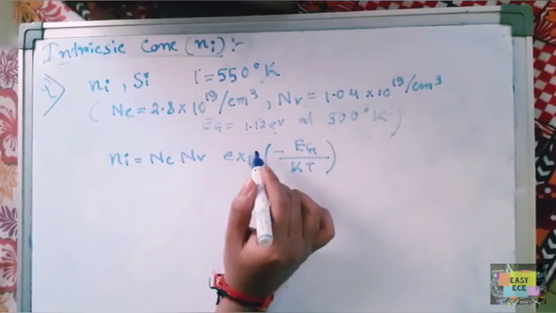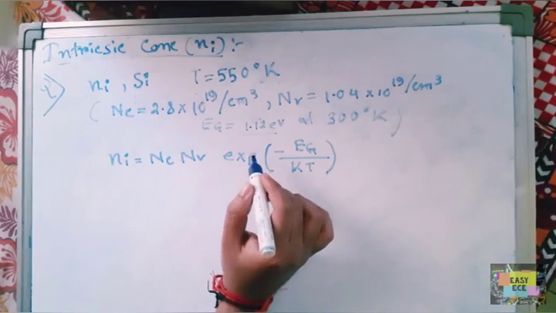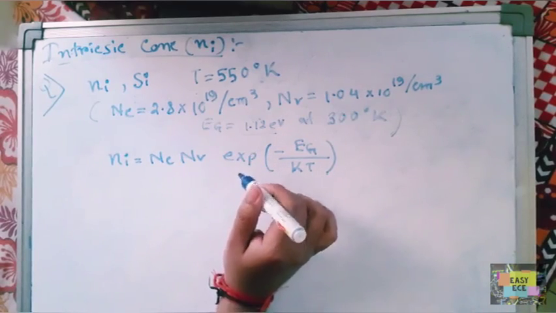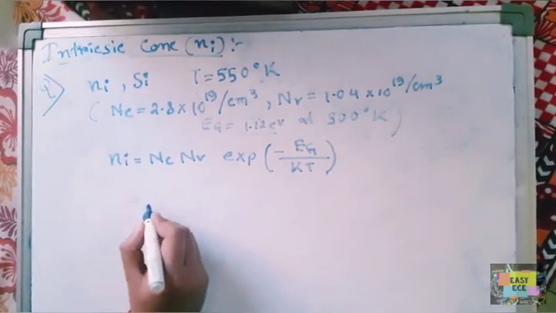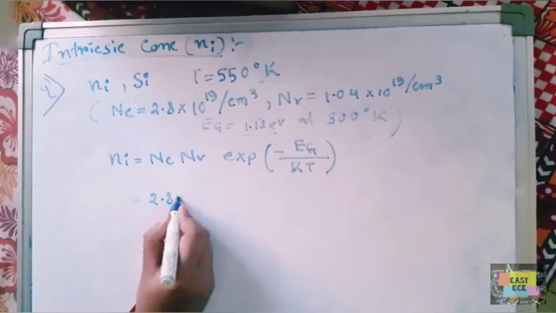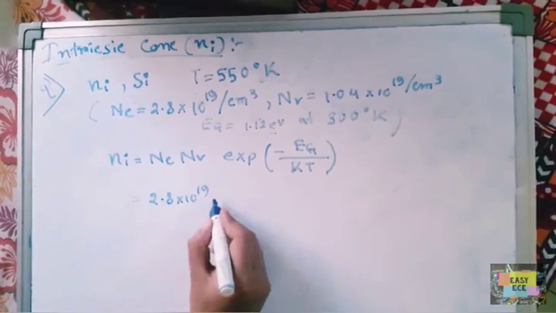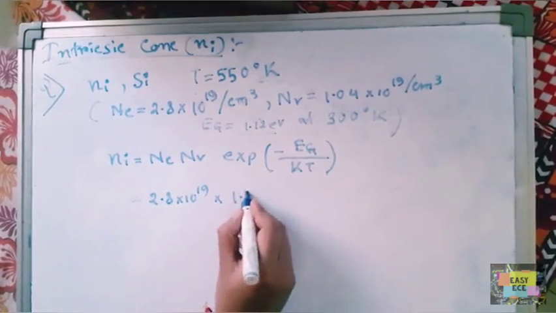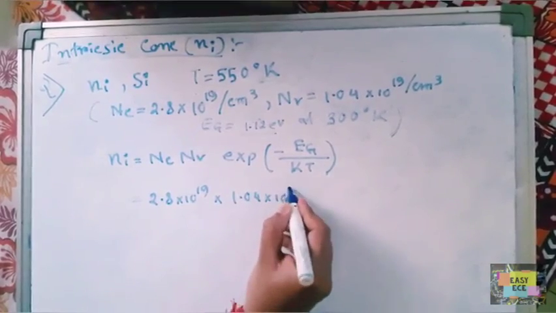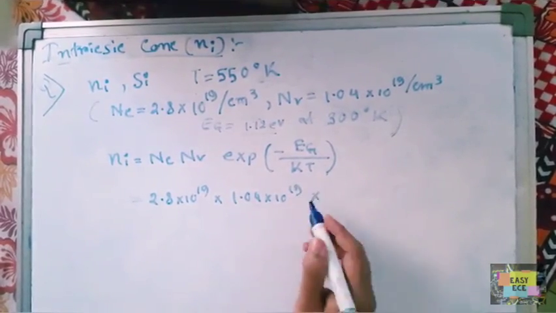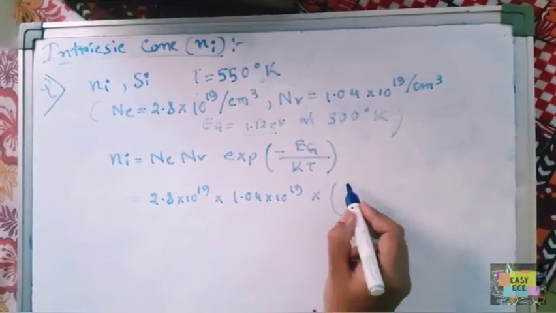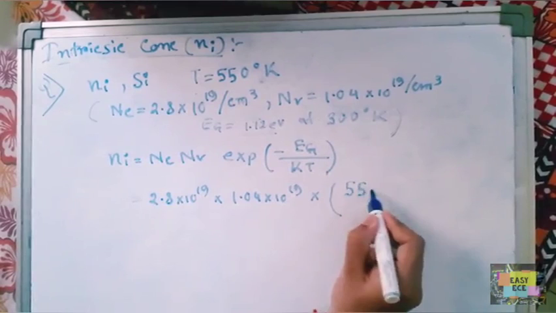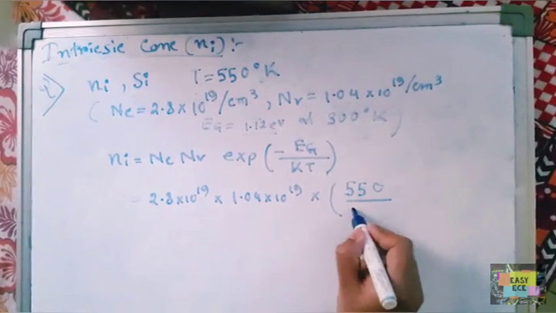So put the value of Nc, 2.8 × 10^19, into Nv, that is 1.04 × 10^19, and for the temperature increase, the temperature here is 550,